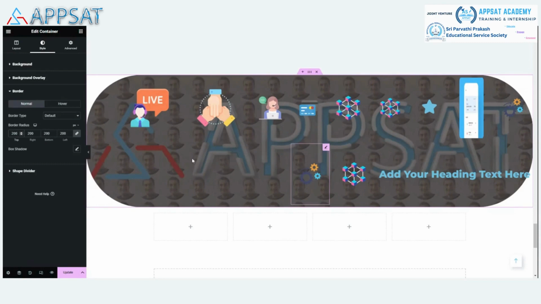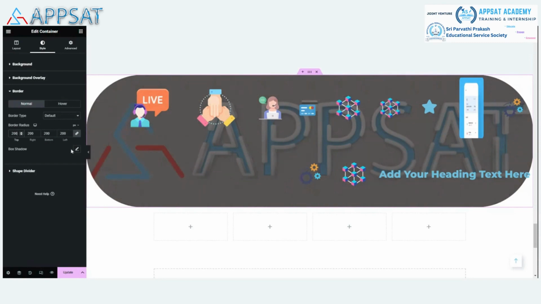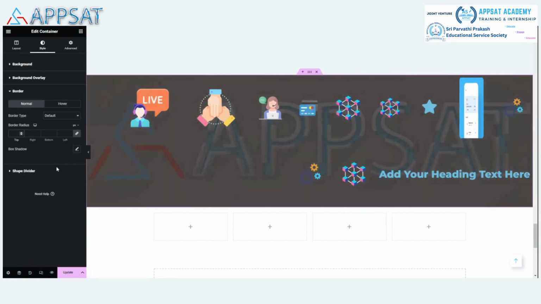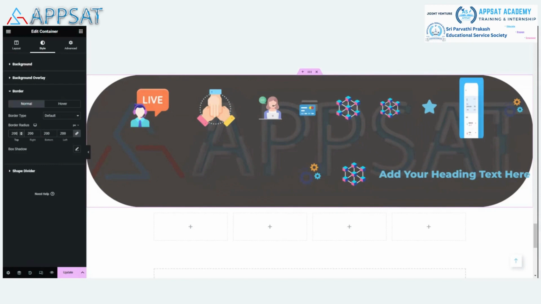Now see the difference. The difference is the layout. If I remove this, it is a regular one. But if I make it around 20, it is not looking good. If I go 200, see the layout. Now we can go and just update here,